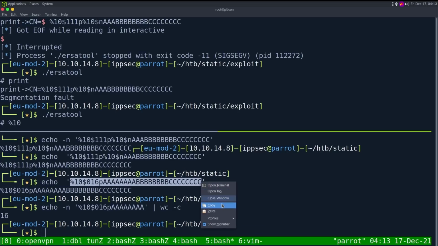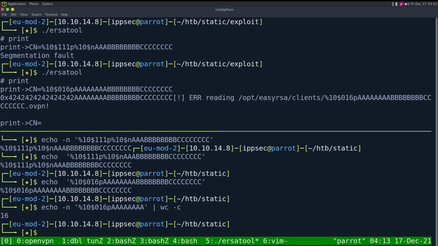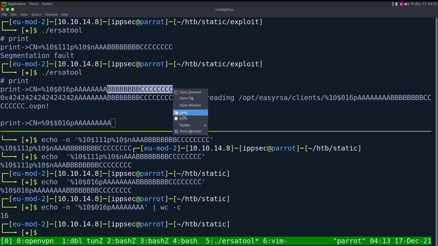So this payload won't be writing anything into memory, so we should not seg fault it. And it was 10. I just did 10 because I wanted double digits in case this went into double digits, but I can see 42's right here, and that is all my B's. If I did not get as lucky as I did, we'd start at like 9 and then send the payload. And we'll probably have to add another A because, again, all this spacing matters, or padding, I should say. And here